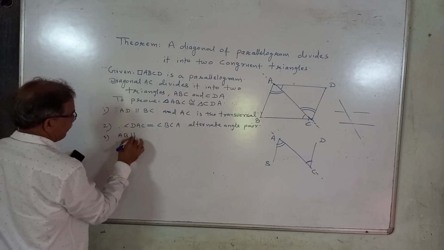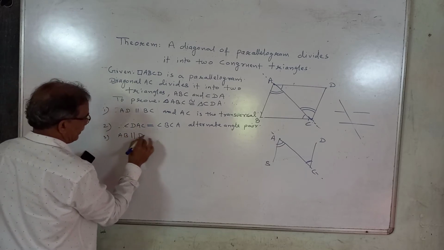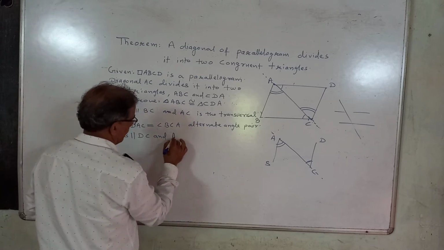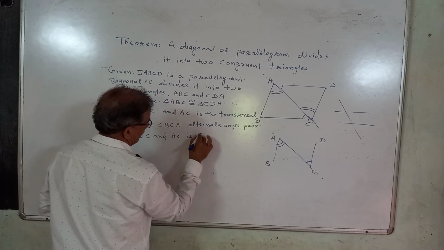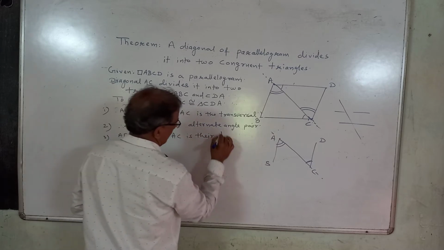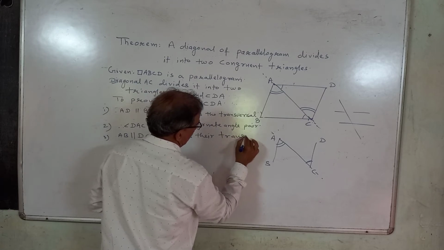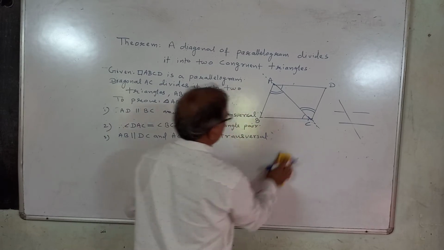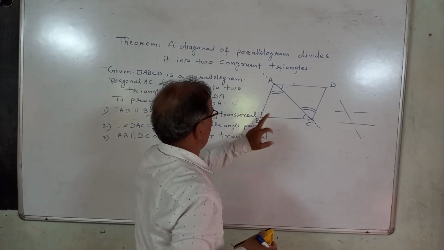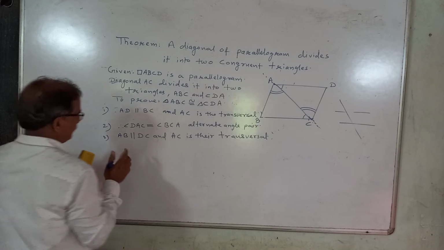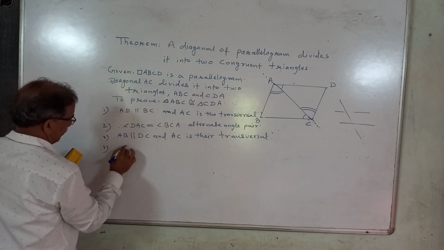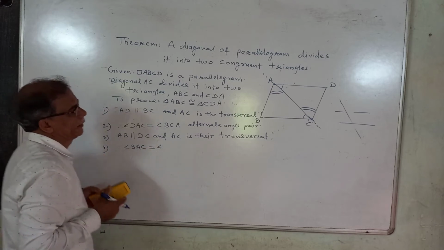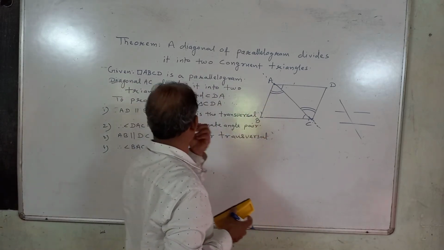AB parallel DC and AC is their transversal, isn't it? And therefore, what we can write now? This angle A means angle BAC. Therefore, angle BAC equal to angle